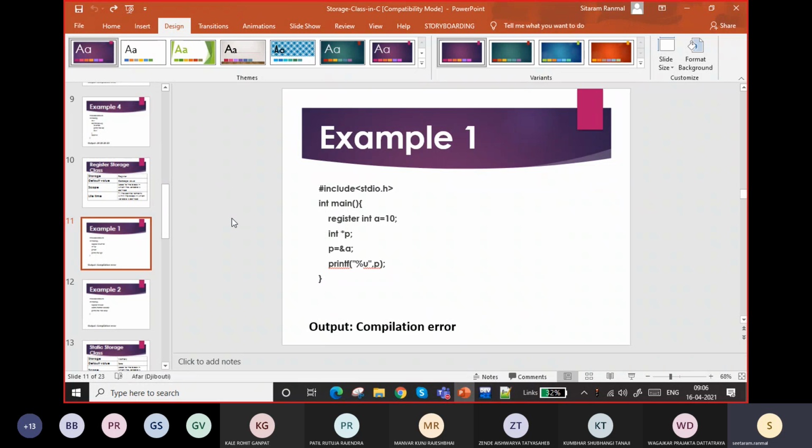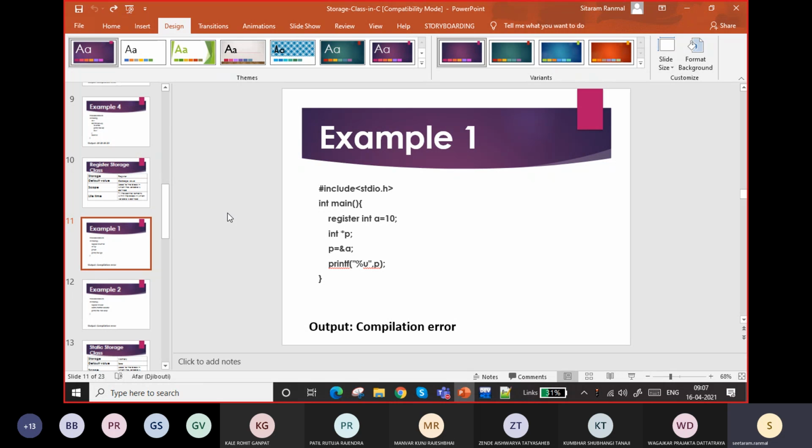Therefore, by defining a variable as a register, the program will become faster. But there is a limitation for registers. You cannot assign all the variables to registers, and playing directly with the registers can be problematic for the computer.